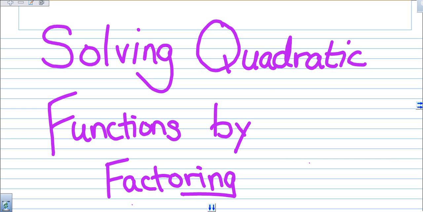Okay, in this video we're going to talk about solving quadratic functions by factoring. The first thing you need to know is, when do you use solving by factoring? Okay? When the question asks you to find the roots, to find the solutions, to find the x-intercepts, which are these points on the graph right here of a parabola,